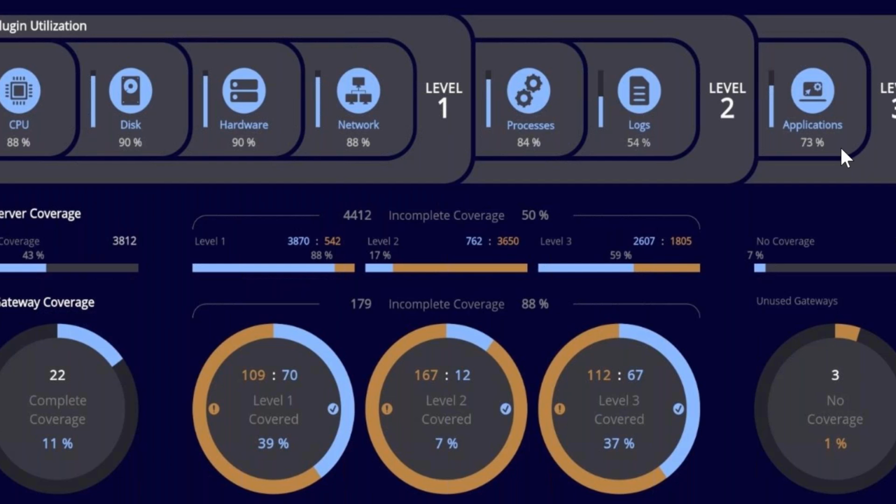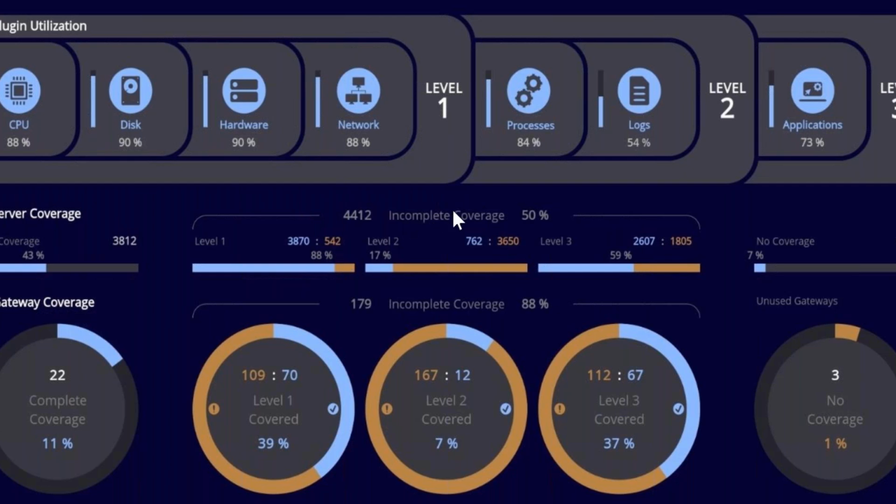by our clients. The server coverage works like this: if a server meets level 1, level 2, and level 3 monitoring maturity, then it is deemed as fully covered. If, for example, a server only has three of the four level 1 plugins enabled, say the CPU, disk, and hardware, and they don't have network, that would come back as not fully compliant. Therefore, if you look at the server coverage where it says incomplete coverage, what it clearly shows